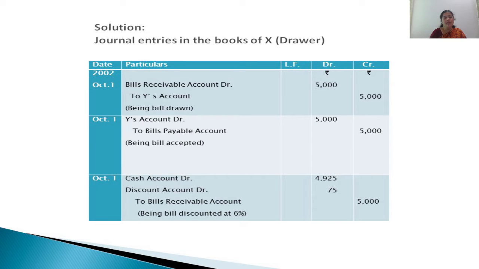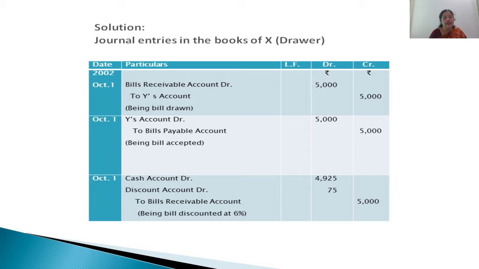And by now I think it's clear for you students, like any bill, any one bill will be having two names, bills receivable and bills payable, but depending upon the party to whom it has been referred. For the drawer, the same bill, he calls it bills receivable because the amount he will be receiving on that bill. But the same bill will be called bills payable by the drawee because he has to pay the amount on the same bill, right?